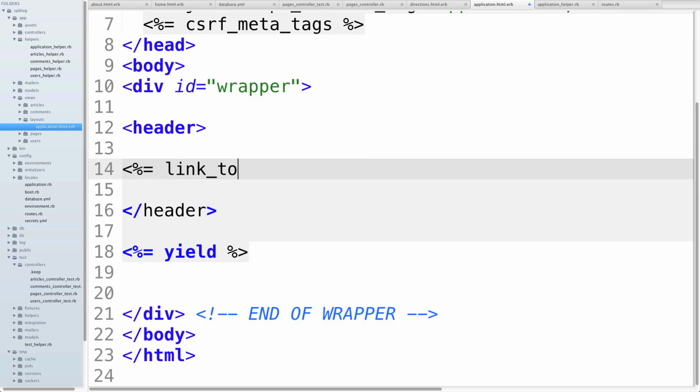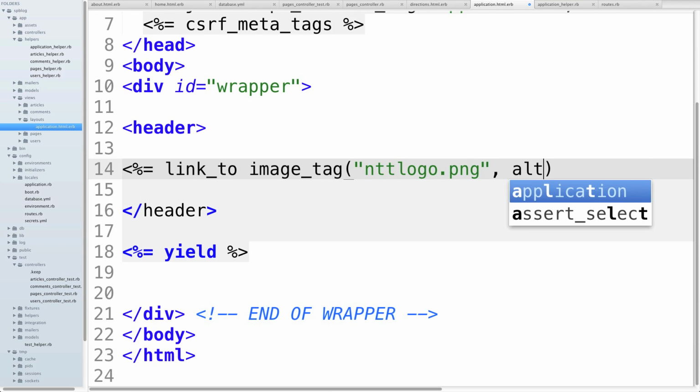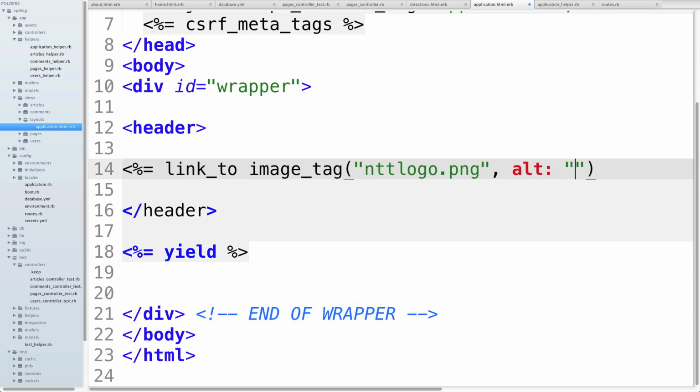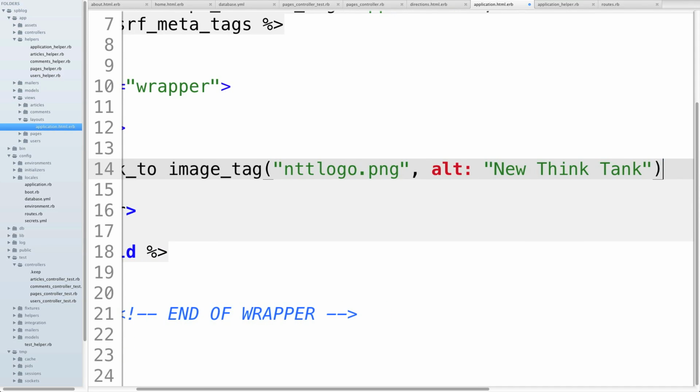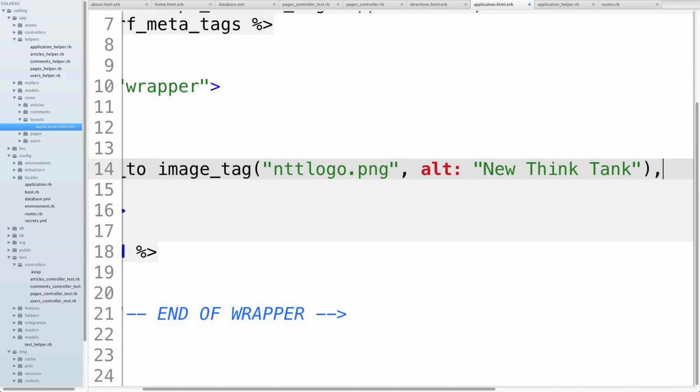I'm going to say a link to, and this is going to be an image tag that I want to load inside of here. Then I'm going to type in whatever the name is for the image that I want to load inside of there. My alt text I can then put here, and I'll say something like new think tank just for the heck of it. Then after that, if I want to link to a specific page, I'm going to put a comma there,